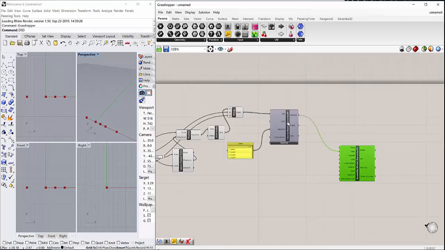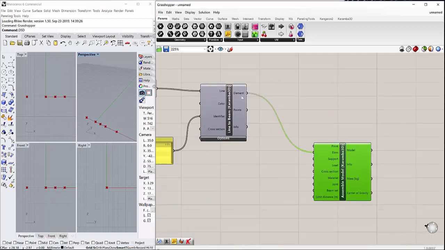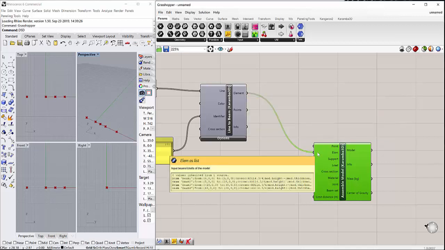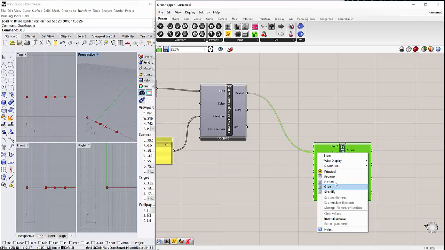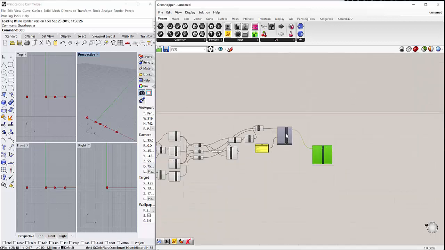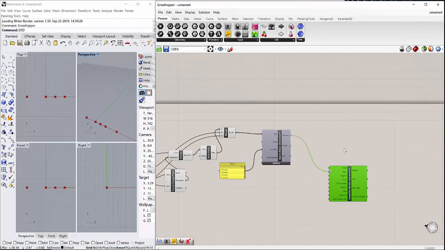When you connect this line to beam data to the assembly model, these data are in multiple forms. So you need to flatten this up so that you get single values, and then